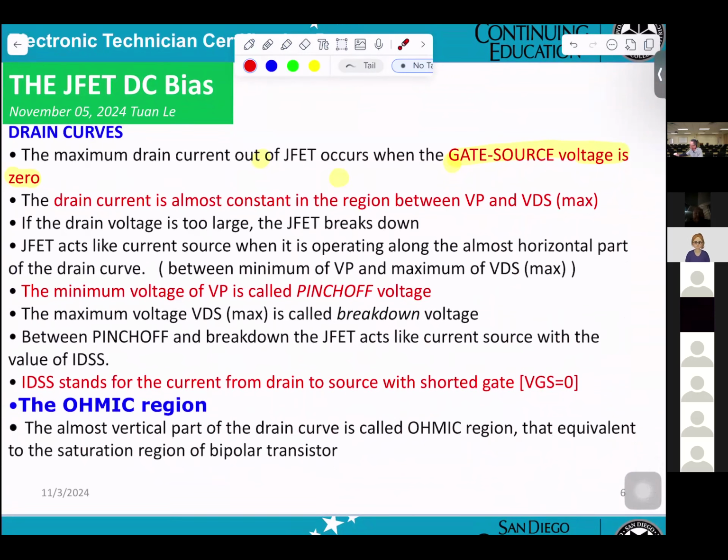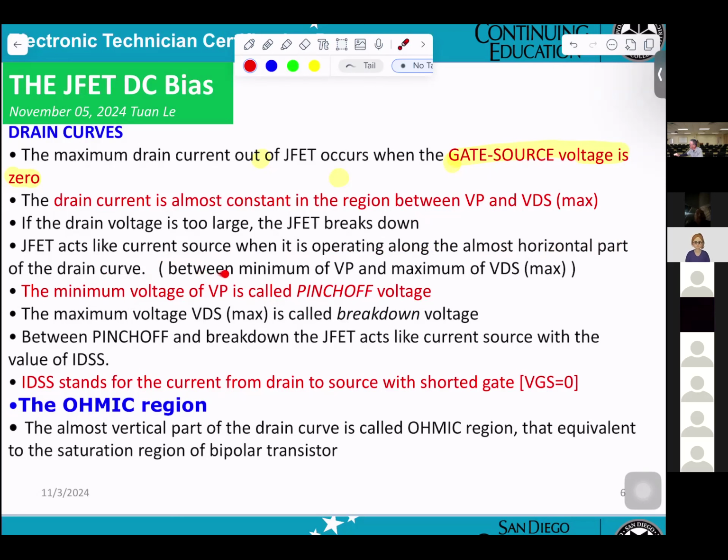If the drain voltage is too large, the JFET will break down. JFET acts like a current source when it's operating along the almost horizontal path of the drain curve